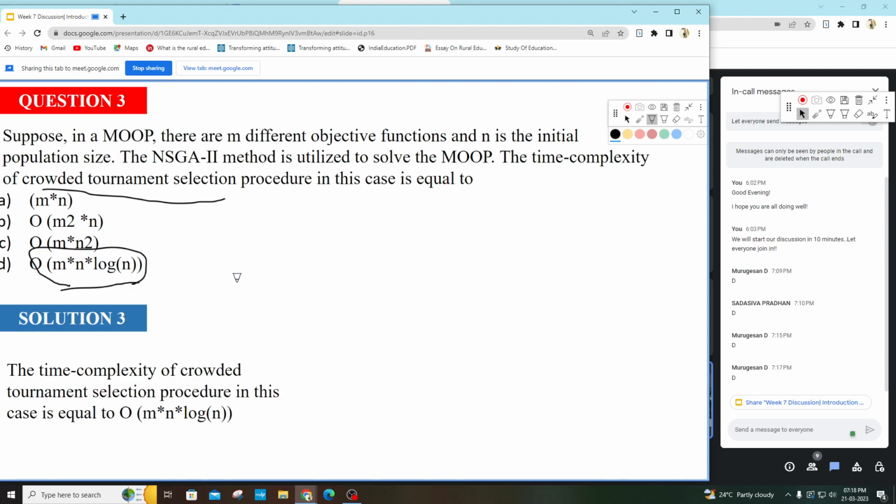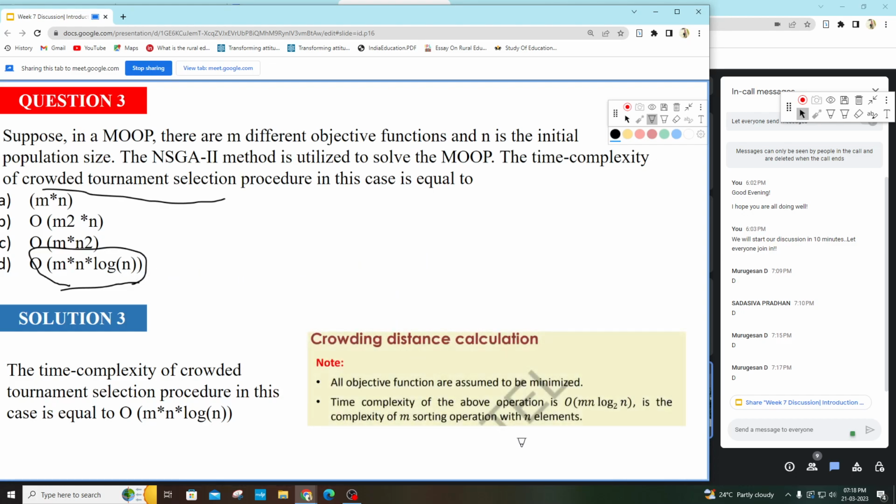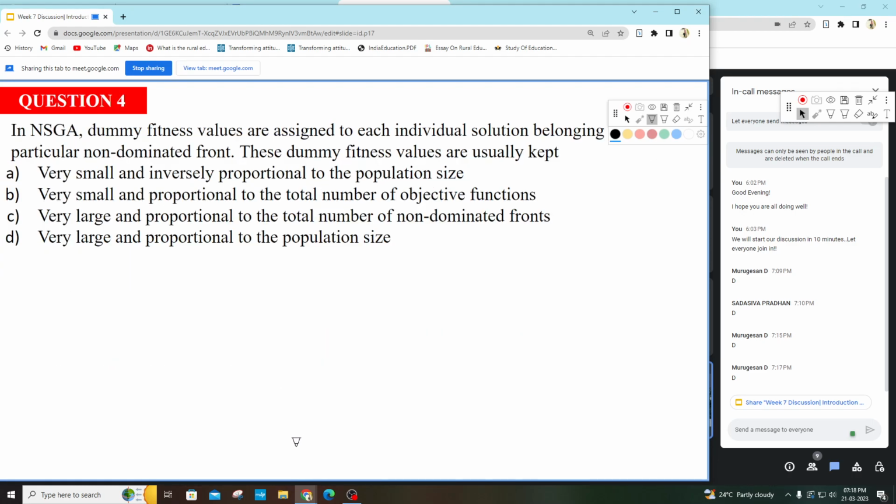So this is a direct question. I am not explaining anything. This is the time complexity of the operation. This is taken from your lecture note only. So that is mn log base 2 n. So this is the time complexity. So answer is D. Now in NSGA, dummy fitness values are assigned to each individual solution belonging to a particular